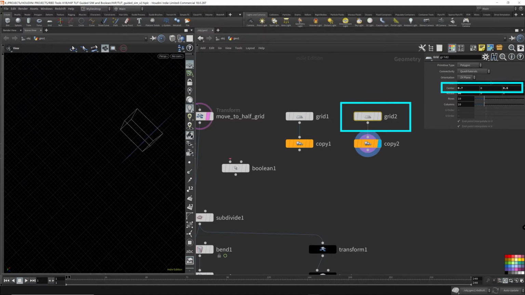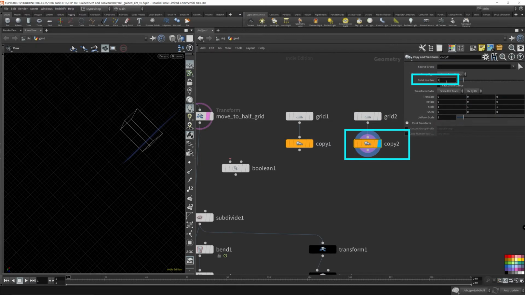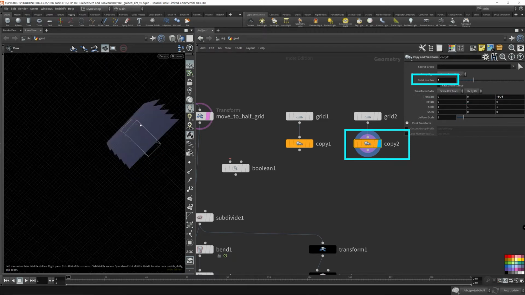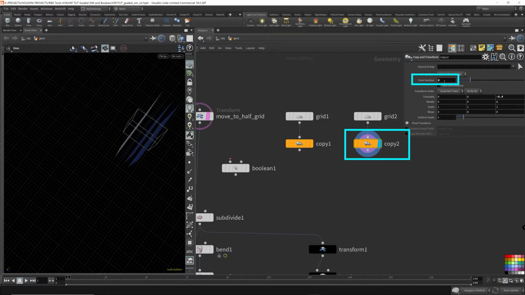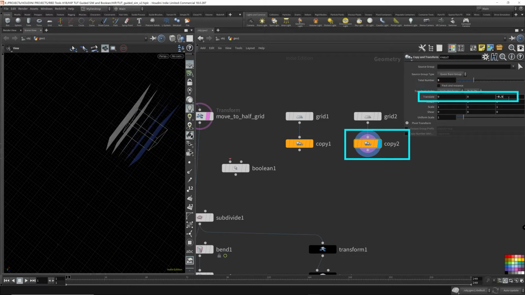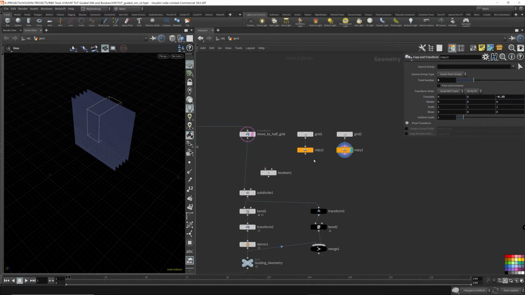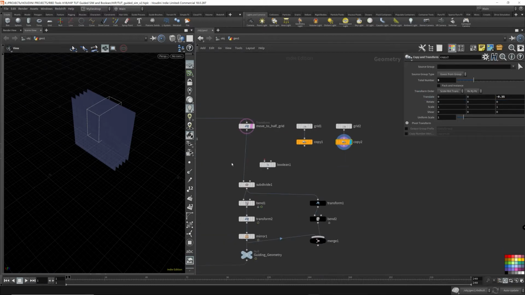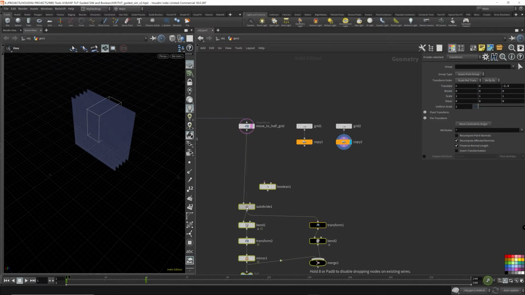Okay. Copy and transform. Move it over here the other way. Okay, more of this. There we go. Okay, maybe one more. Now I need a little bit more room, so I'm going to pull this down.